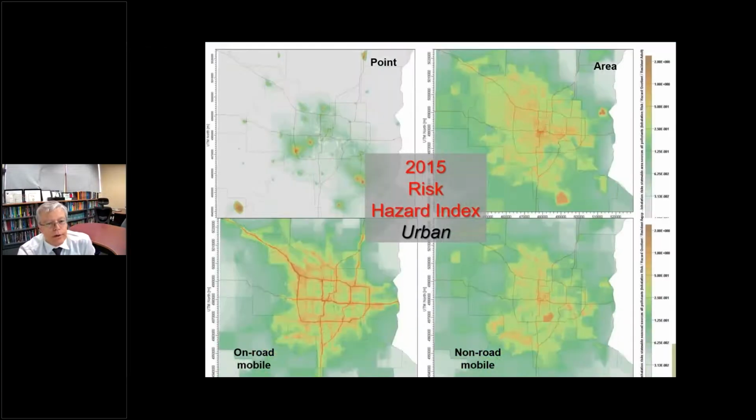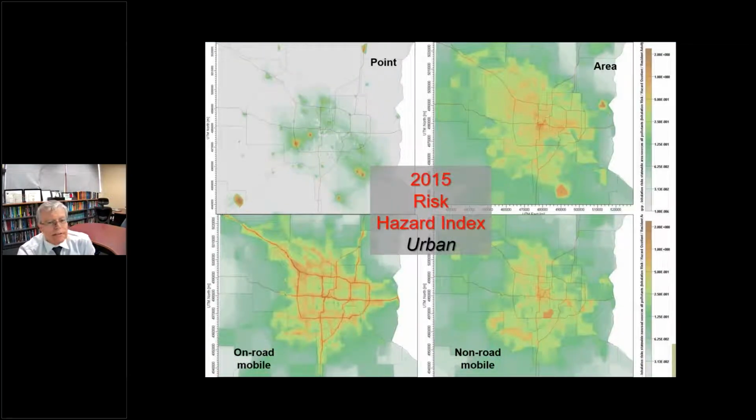So let me go here. We can do different studies with AQMIS. From a monitor alone, you do not know what is causing a concentration: the point source, area, volumes, commercial, on-road, non-road. So we can segregate the information using AQMIS.